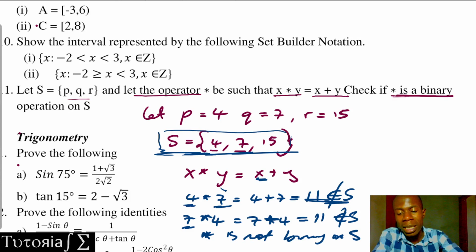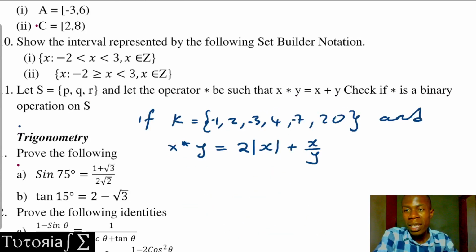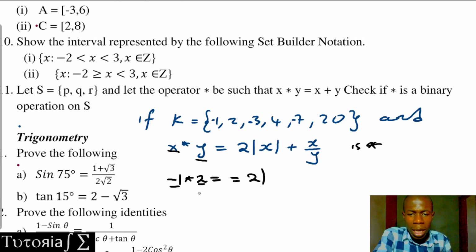All right, maybe just one more example. Suppose we have this question. If K is this set and x star y is defined by that, is star binary? Okay, so we can pick any two numbers. So we can pick -1 star maybe 2. Okay, so meaning that on x we're putting -1 and on y we're putting 2. So this will be equal to 2 modulus of -1 plus -1 over y, which is 2. Okay, so when we simplify, what is modulus of -1? That will be positive